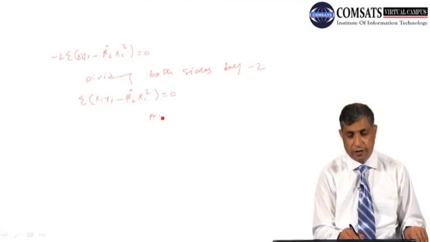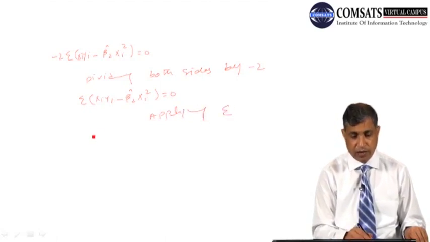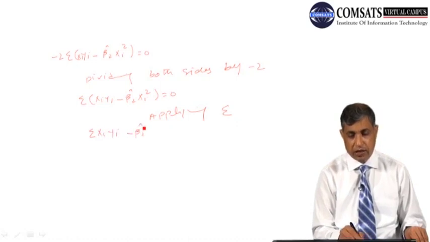Applying summation now, it will become summation xi yi minus beta 2 hat summation xi square is equal to 0, and it will become that summation xi